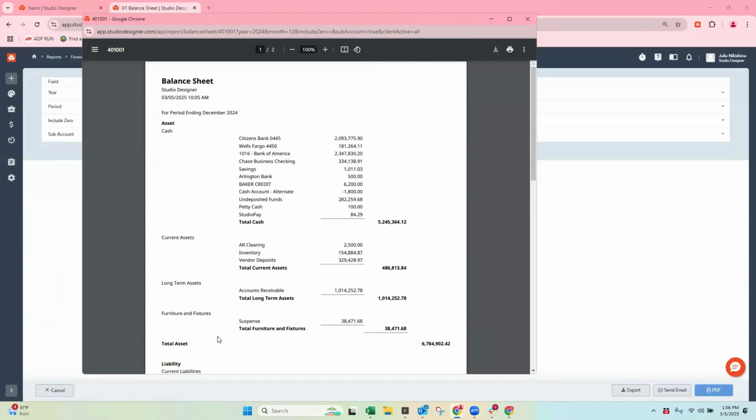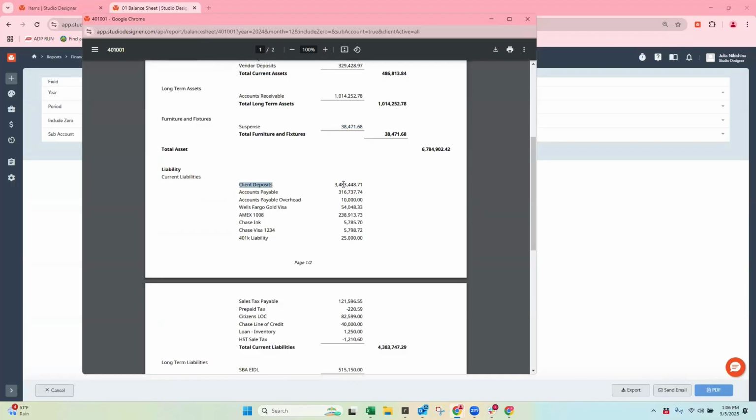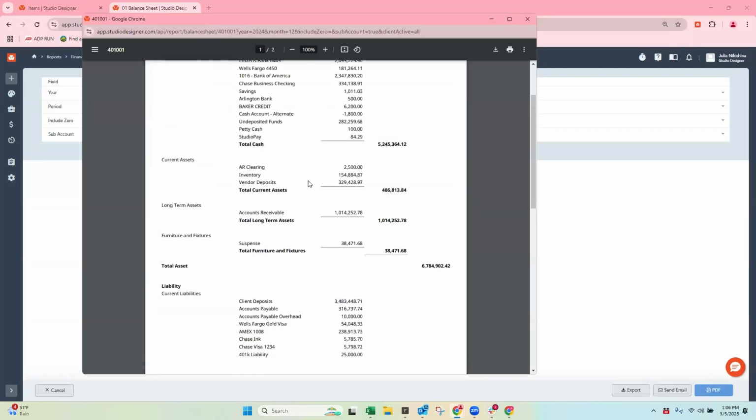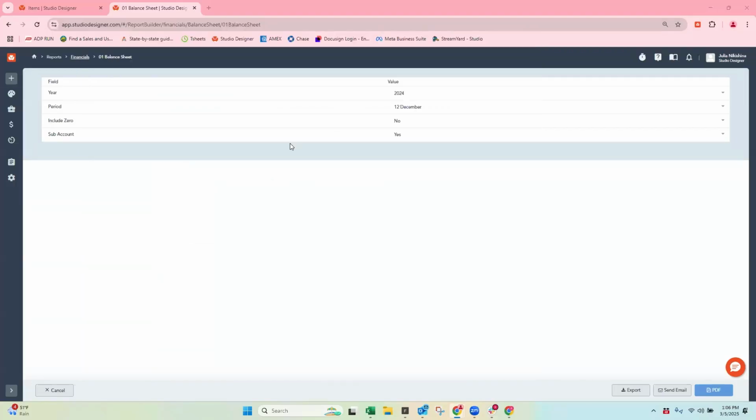If you pull up your balance sheet, and remember in the test database our balance sheet is super sloppy and has lots of questionable items on it, but just pretend. I am showing that we have client deposits of almost $3.5 million, and vendor deposits of $329,000. So unless you are invoicing your items, your revenue for product such as upholstery, furniture, accessories will be blank on your income statement.